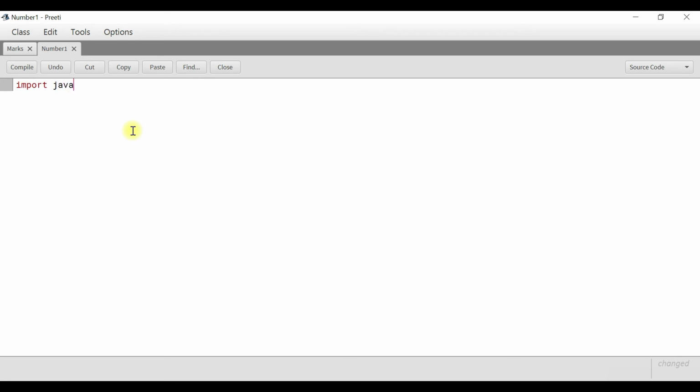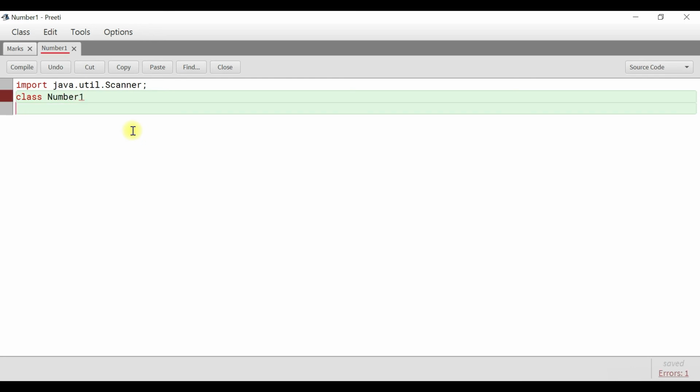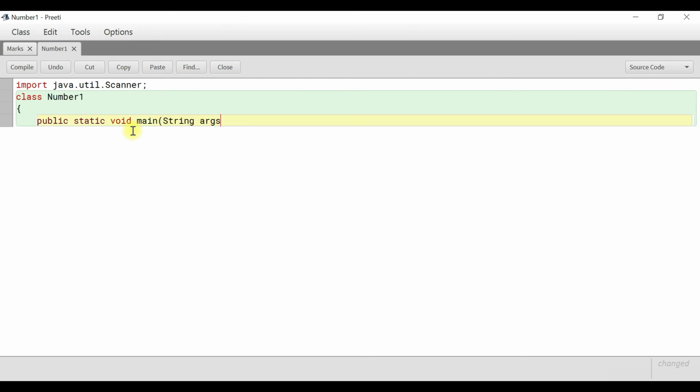Import java.util.Scanner. Class number1. Public static void main, String args.